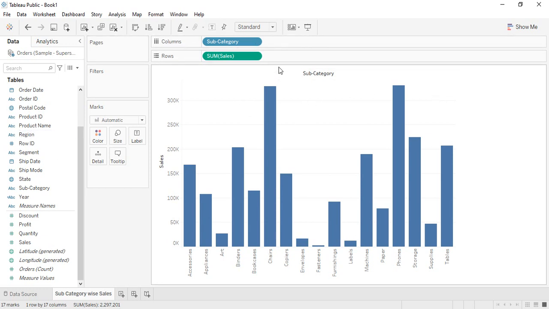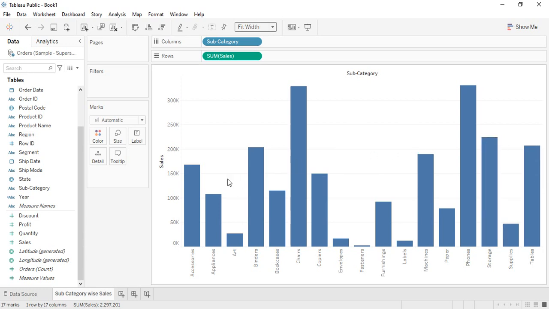Now one thing more. As you can see right now in this particular sheet, the visualization is available only in this part and this whole place is wasted. If you don't want that, what you can do is go to this drop down where it is showing Standard. This is the fitting of the visualization. Right now it's Standard. If you don't want Standard, you can select the Fit Width option.